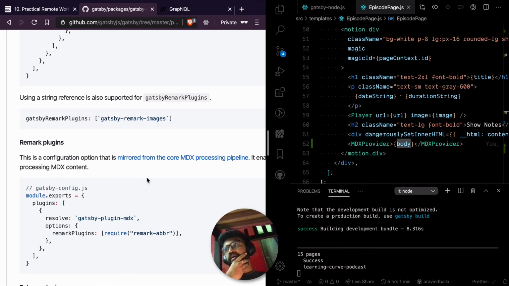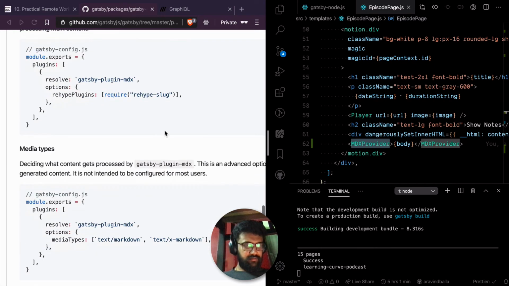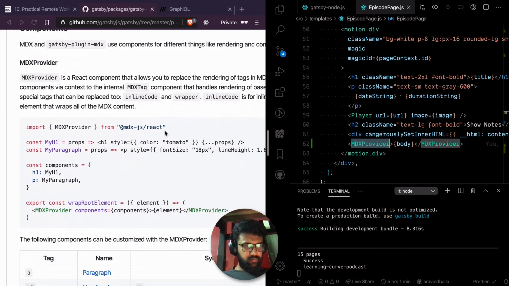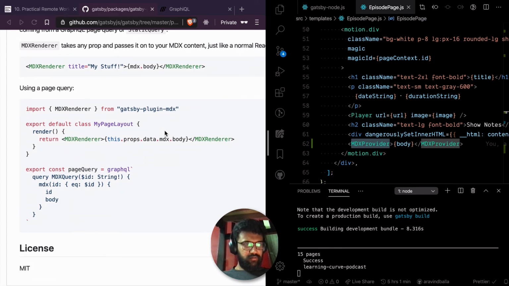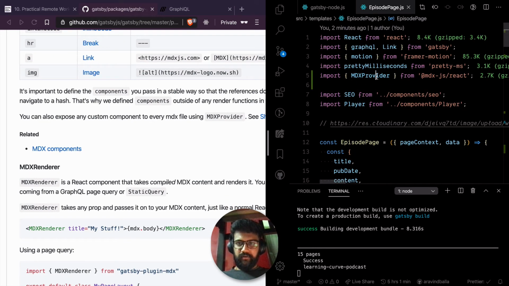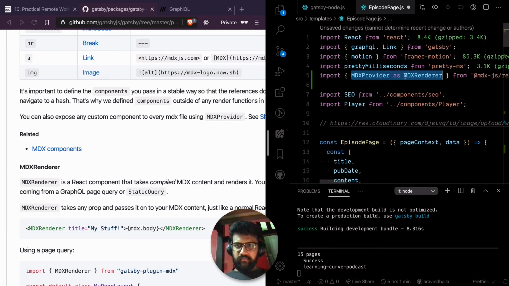Oh, it's MDX, not MDX provider. It should be MDX renderer. Yeah, it's not MDX provider. Hey, what is this?